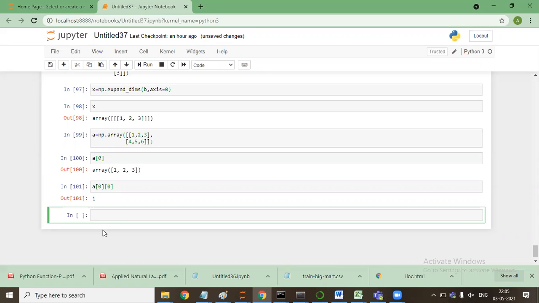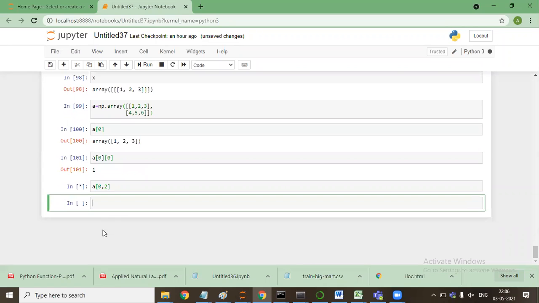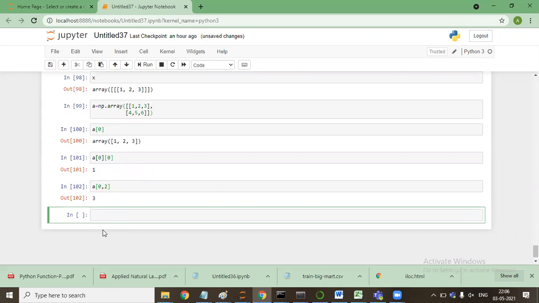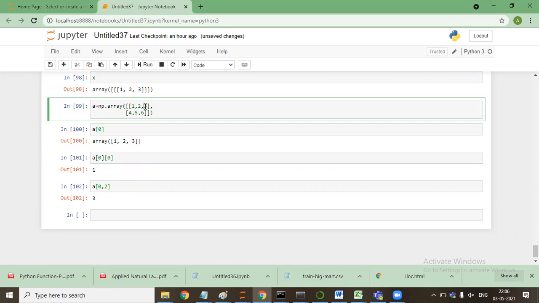Now if I say A[0, 2], it will give me the value 3. The 0th row, and column 0, 1, 2, the second column. This value is 3. With me?